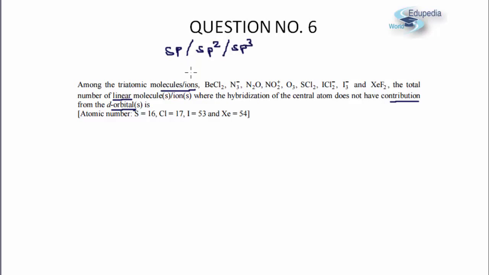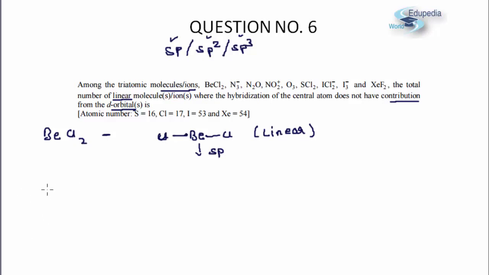So what we have to basically look for in this question is how many of the molecules have one of these three hybridizations, and along with that they are also linear. So this is basically what we need to figure out. Let us start with the first molecule, which must be a fairly simple case for you. We have been given BeCl2. Now in BeCl2, beryllium has 2 valence electrons, and 2 chlorine atoms will be singly bonded to it. So these are my 2 chlorine atoms. So clearly this will be a linear molecule and the hybridization over here will be sp. So this meets my requirement.